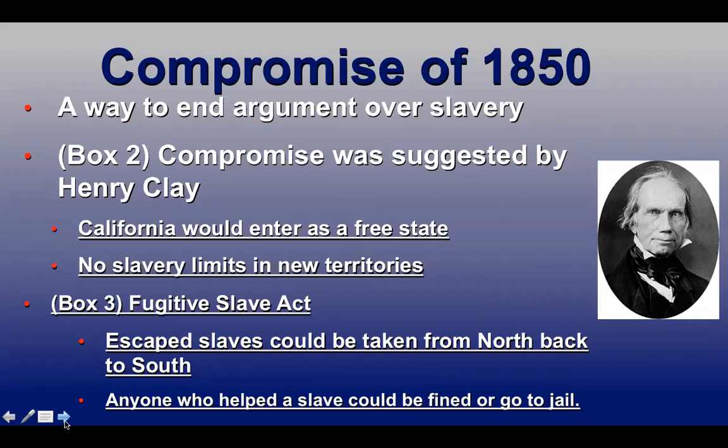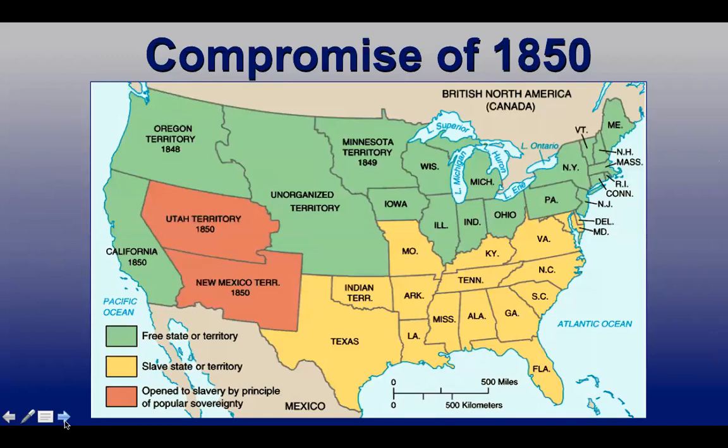The problem with the Compromise of 1850, here's a map looking at it. The unorganized territory, Utah Territory, New Mexico Territory, Oregon Territory, all of those, anywhere where you see territory, all that area, they were really looking at what to do with that area. Even though they're all labeled here at this point, what the Compromise of 1850 was going to do was take all of those labels, except for California, take those labels off. And then you could have slavery or you didn't have to. It would just be decided